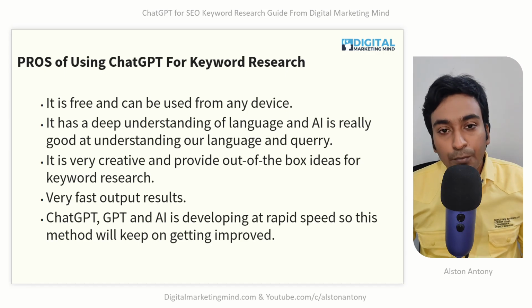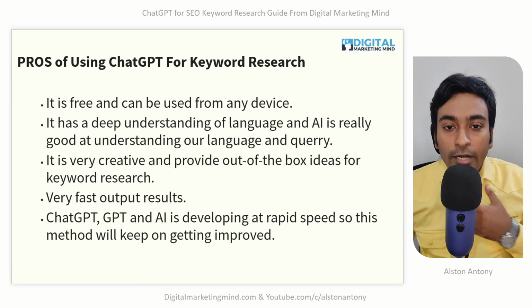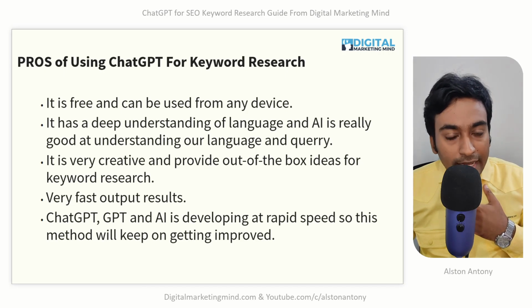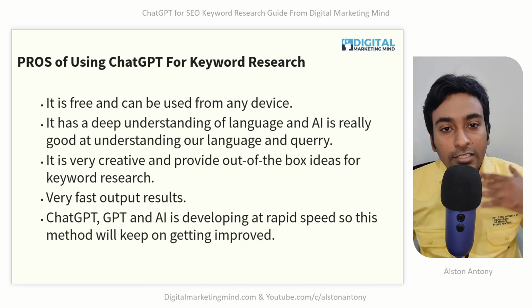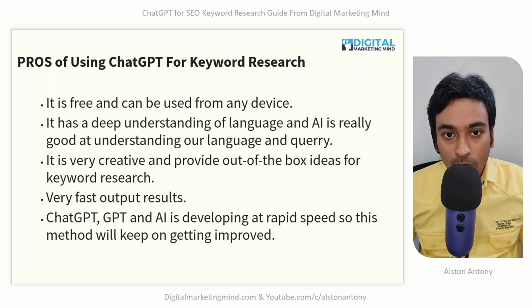This is one of the most important advantages of using ChatGPT, where we are not restricted to a certain vocabulary or certain set of words or instructions. Here you can use your own natural language. It does not need to be perfect. You see how many mistakes I make in my speaking or typing, spelling mistakes, but ChatGPT is able to understand it. That's why it is so popular, and why we can use it as a personal SEO assistant for our needs. So it has a good understanding, and that is a really big benefit for us.